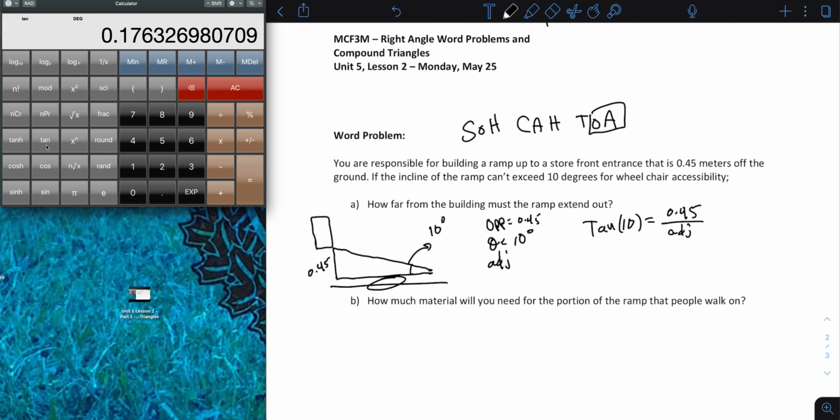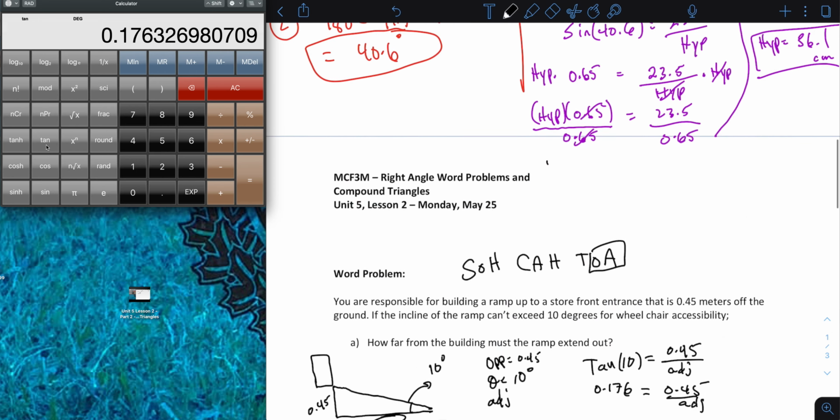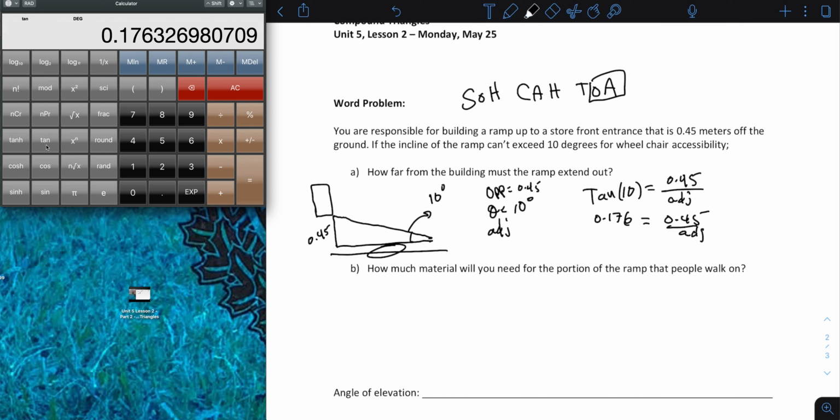Okay, will be the decimal on the left side, so 0.176. So 0.45 over adjacent. And if you recall from solving these triangles up here, basically what happens is this: whatever's in the denominator switches with the decimal. And so the adjacent side,